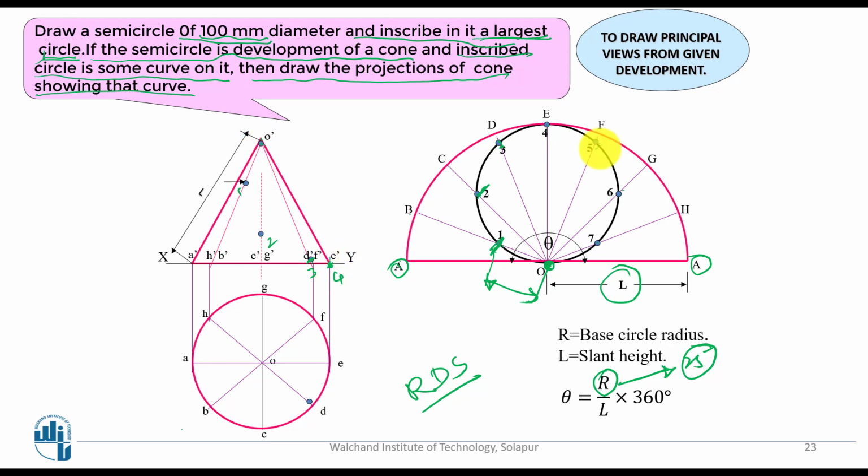Similarly you go for 5, it is on the F line only, here only you will get it. Only thing is it is there as a back side, because the observer will be on this side. Observer is here. So this particular portion, the back side portion, you cannot see. The cone you are observing in the front side, and one more portion is at the backside, and there the F line is coming. So on that line you are going to be cutting those particular points.